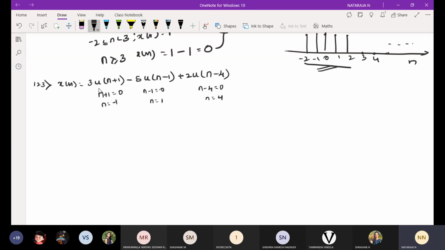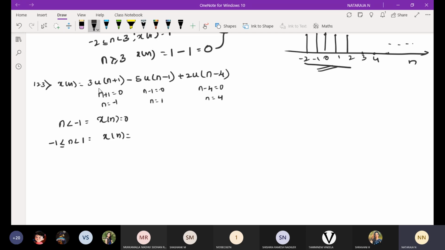Now, first case, n is equal to minus 1. Consider the previous of this signal, so that for n less than minus 1, x of n is equal to 0. Previous of this signal, we don't have any signal, so it is considered as 0. Next, we start with the first signal and end with the second signal. The first signal starts at minus 1, ends at plus 1, so it varies over minus 1 less than or equal to n less than 1, and x of n is equal to,